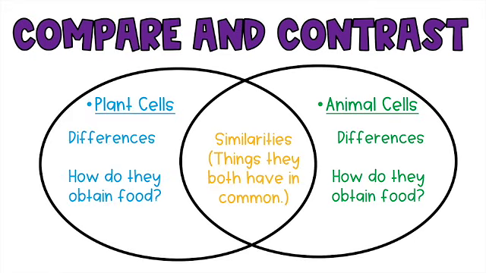All right, so I hope that this has helped give you an overview, some understanding as to all of the organelles that are in our eukaryotic organisms and within us as humans, and the differences and why they exist, why plant cells have that chloroplast and cell wall and large central vacuole. And just remember, it all goes back to photosynthesis, and that plants can produce their own food and we can't. It would be nice if we could just go outside, lay in the sun, and create our own food, but we can't, as consumers. So now, if you'll fill out this Venn diagram that your teacher has assigned to you